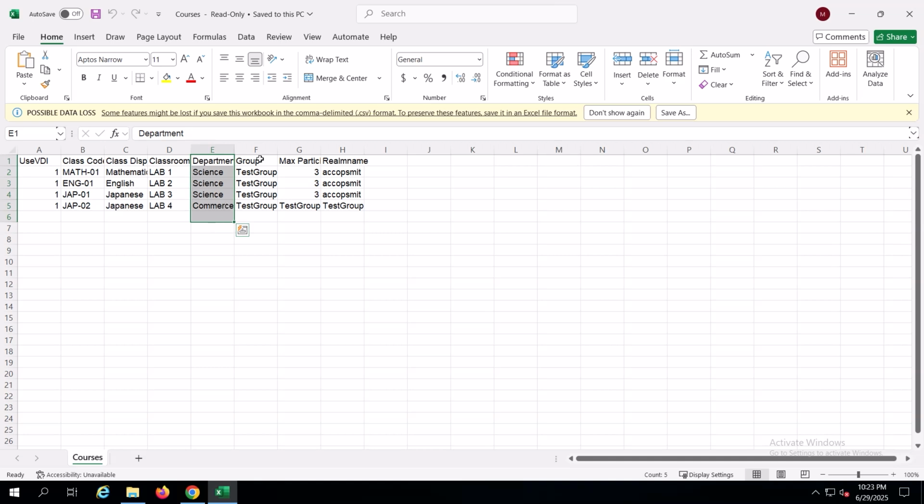The group field lets you categorize the course under a group name. This is also optional and has no impact on import success if left empty. The max participant field is mandatory. It defines the maximum number of students allowed to join the course. You must enter a numeric value between 0 and 99,999. Leaving it blank, entering letters, or specifying a number outside the accepted range will cause the import to fail